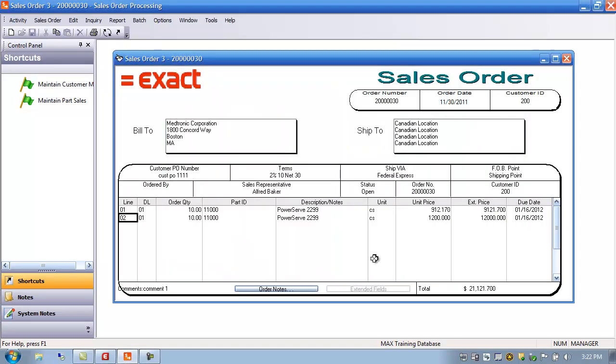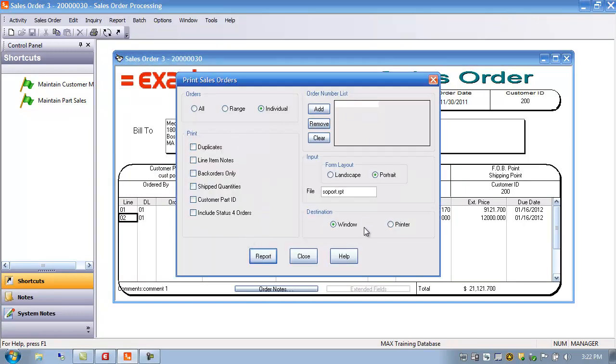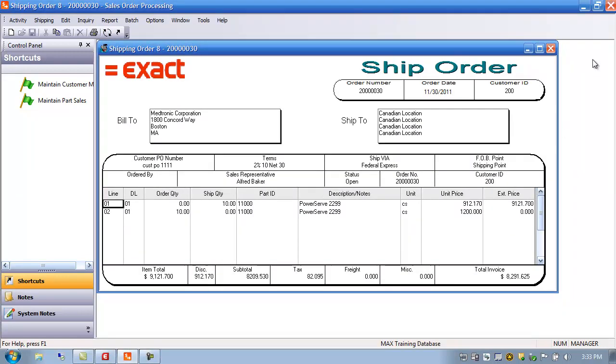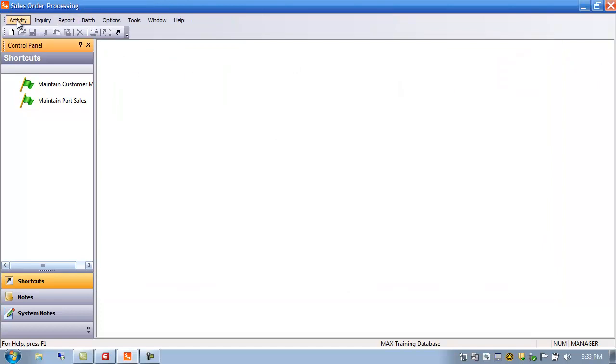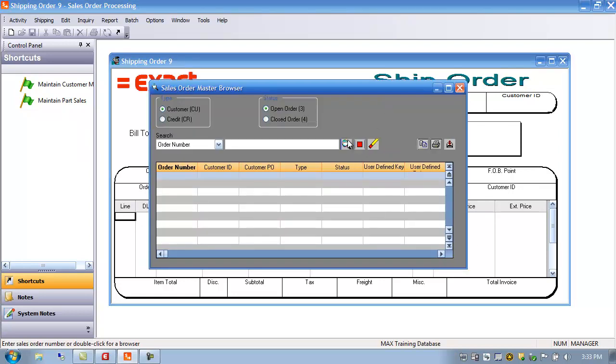Okay, once that's done, you may want to go ahead and print the sales order. Likewise, go into the reports menu, print sales orders, and you can print the sales order here. Okay, so let's go ahead and look into shipping this order. Now you can use this button here with the arrows, and that'll toggle you right over to shipping. Or if you want to, you can go from the menu, Activity, Shipping, and it'll give you the Ship Order dialog box. So we can select our order here,